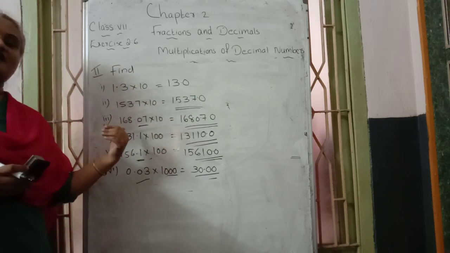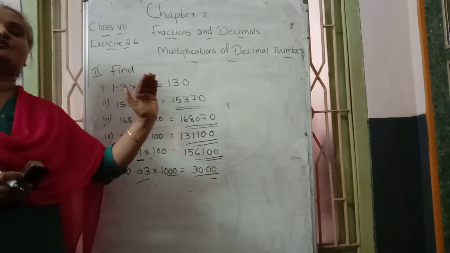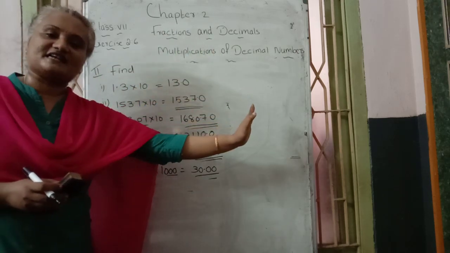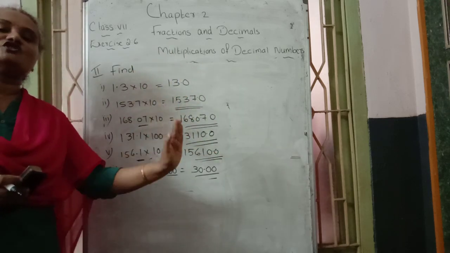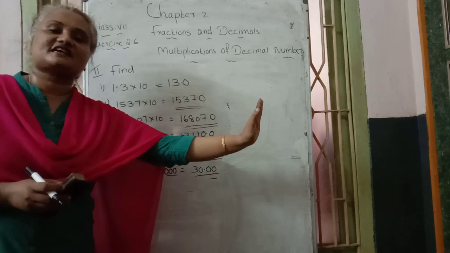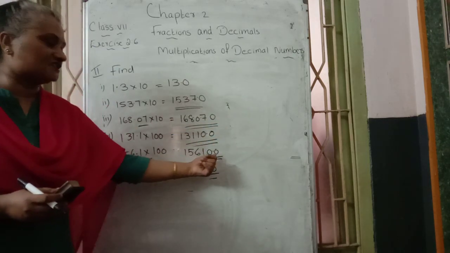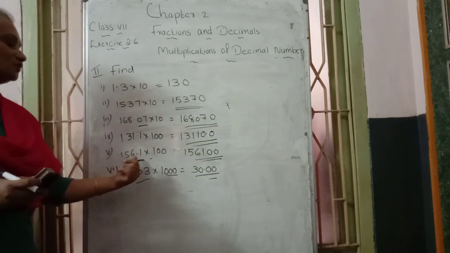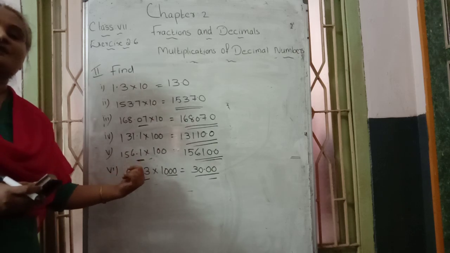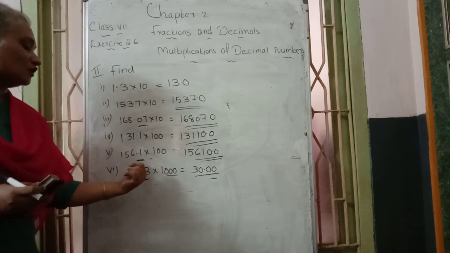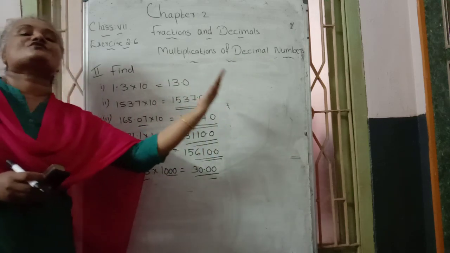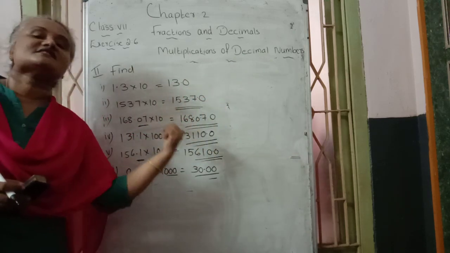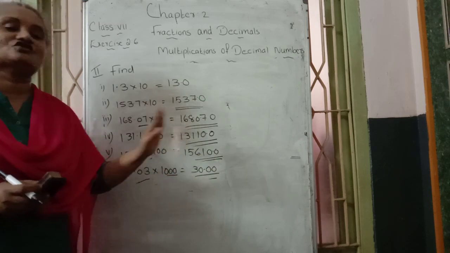100 case is also the same thing. Without the decimal point, just write the number in the answer place. Multiply with 100 means 100 carries 2 zeros, that's why in the answer place, on the right side, we keep 2 zeros. Then in the question check it: here, after the decimal point how many digits? 1 digit. That's why in the answer place, count from right to left one place and put a decimal, and that's how the answer becomes.